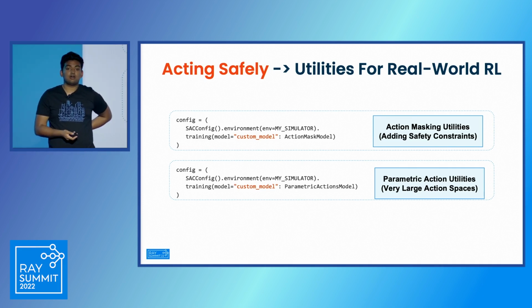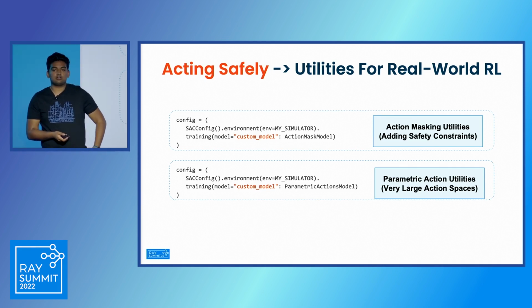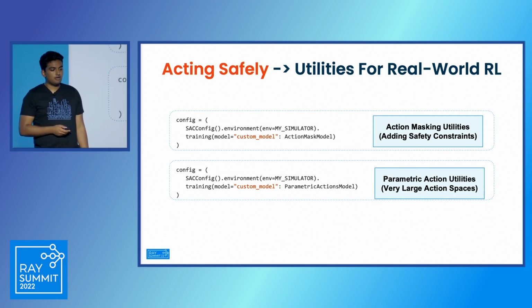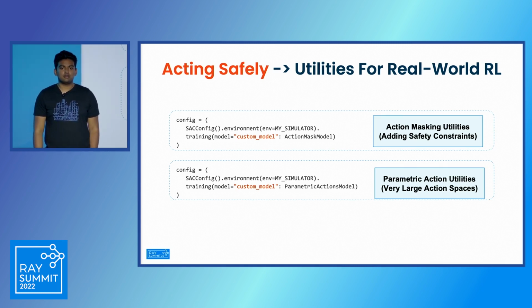Quick question. Are there plans for action masking and the parametric models as well to be more like first-class citizens, so that I can use your networks, like the transformers and LSTMs that you have baked in, but then also do an action mask? I think for the longest time, it's always been this custom model approach.